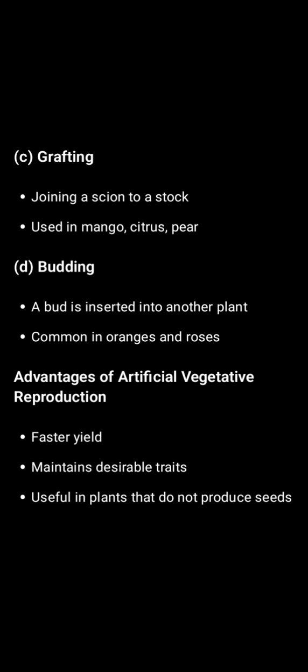Now I want to look at the advantages and the disadvantages of asexual reproduction. The advantage is that it is a rapid form of reproduction. It occurs very fast. Then there is no need for pollination agents. You don't need to carry out pollination. No need for insects, no need for water, no need for wind, no need for animals to carry out pollination. Then it preserves parental characteristics. Everything the parent has, it transfers directly to the offspring. Then it is useful in agriculture, as we saw in the last slide, for reproducing.